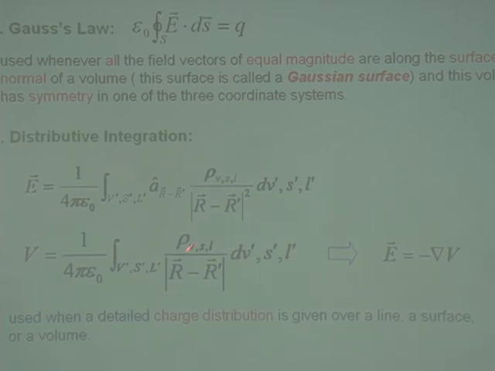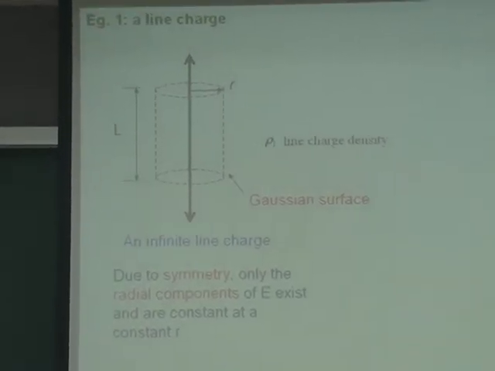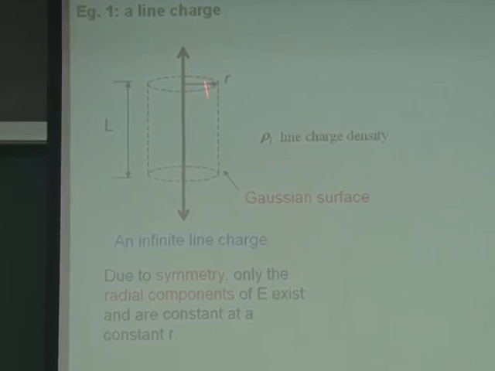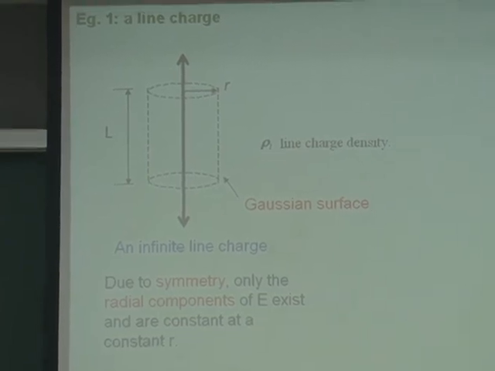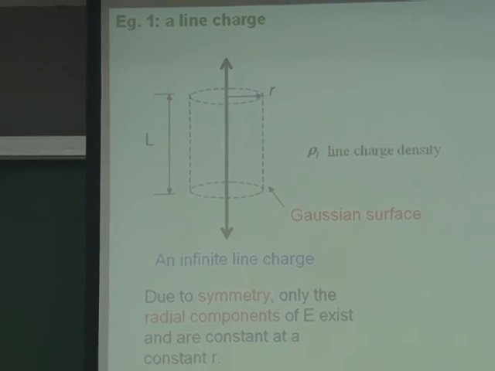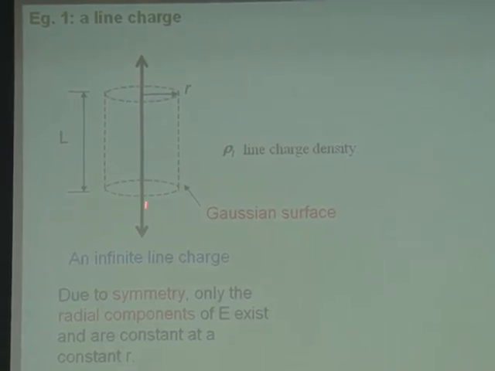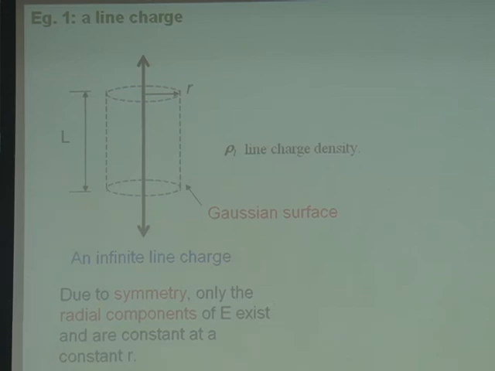Okay, so you need to know how to use both methods. Let us give you a few examples. Okay, the first example is that suppose you have an infinitely long line charge. There is a line, and this line is very, very long, let's make it infinitely long. In this situation, can you find a Gaussian surface to do this calculation? Well, suppose you have a line with infinite length, and then you want to know the electric field